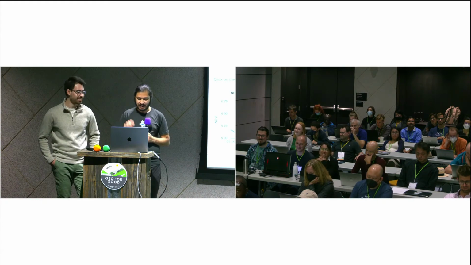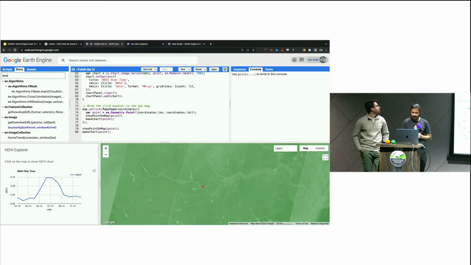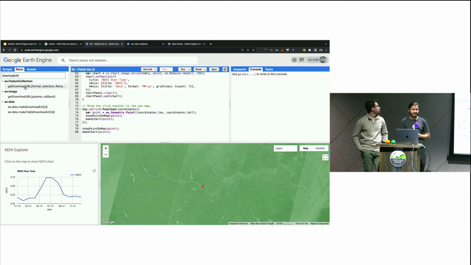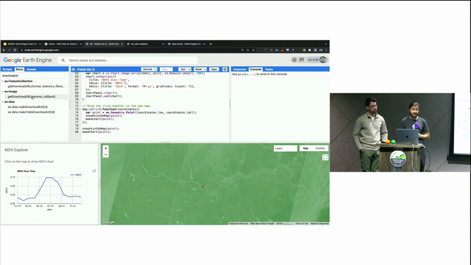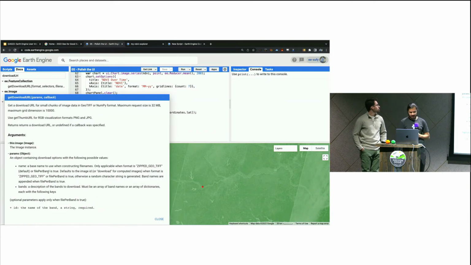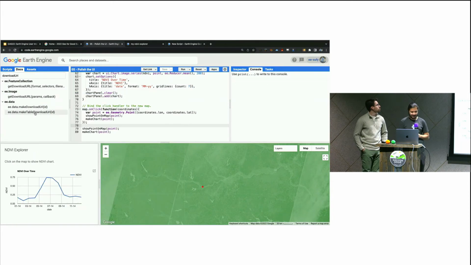Okay, so download URL is something you search in the docs. If you want to download a feature collection, use get download URL. You can specify different formats: CSV, JSON, GeoJSON, KML, etc. If you want to download an image, you can download these. You only get a zipped GeoTIFF for that one. And then there are more generic ones, but for the sake of argument, for these two,